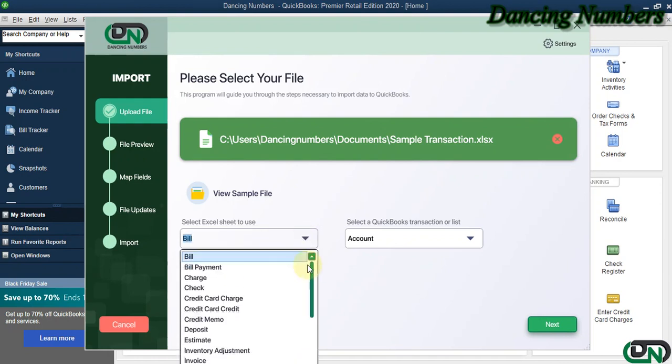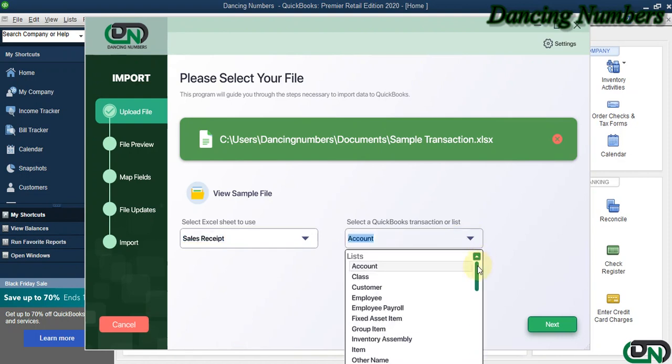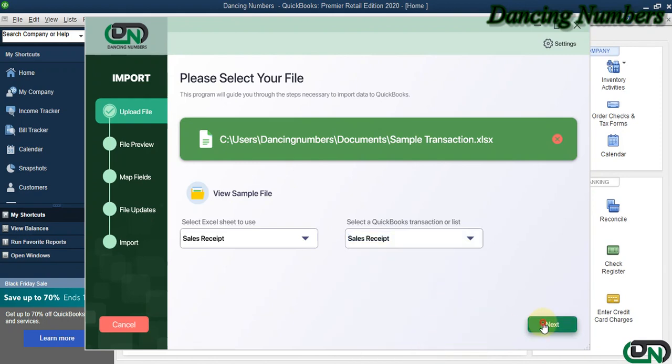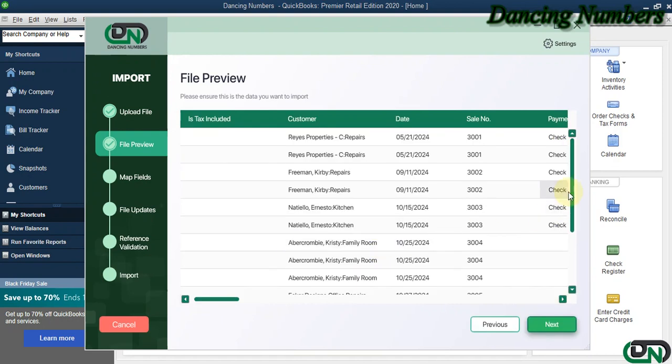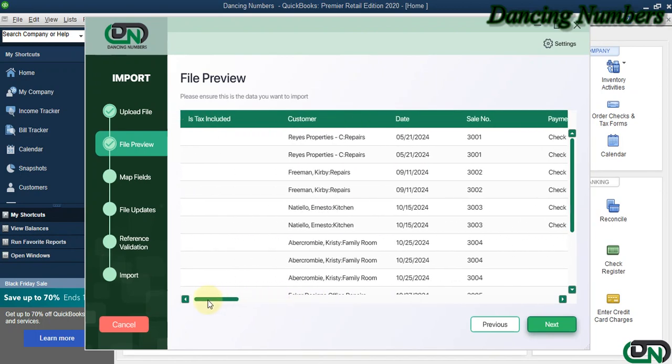Now, as we have multiple sheets in there, and today in this example, we are going to try importing the sales receipts. So similarly, on the right hand side for the QuickBooks transaction or the list type, I'm going to choose sales receipts as well and click next. Click OK to the message. Now this is the file preview to show you what information we have in the Excel sheet,